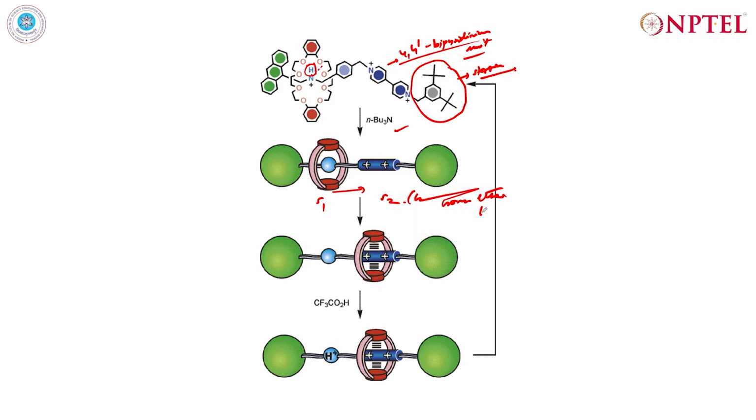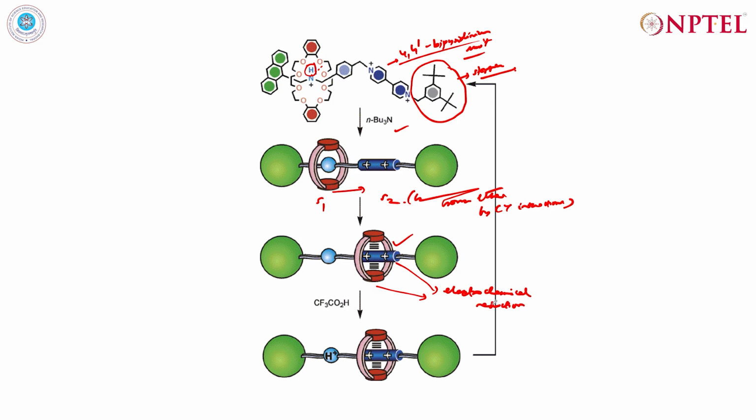by charge transfer interactions. Okay, so now you see it comes here, and at this stage, if you now add the acid, so if you again protonate this NH, then this is now a protonated species, and you can again have this species which is formed here. Now, if you want to reset this process, you will have to destabilize this particular entity. Now, destabilization of this entity can be achieved by electrochemical